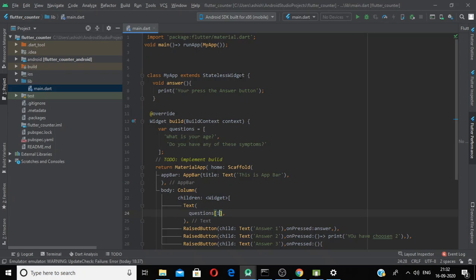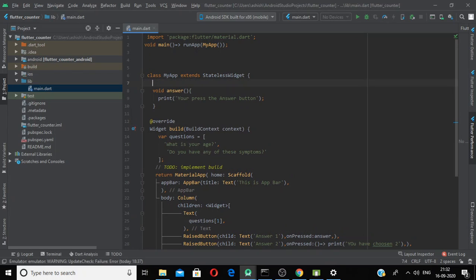So we will add this here inside the class, and we can name this variable question index, and we can initialize it to 0.